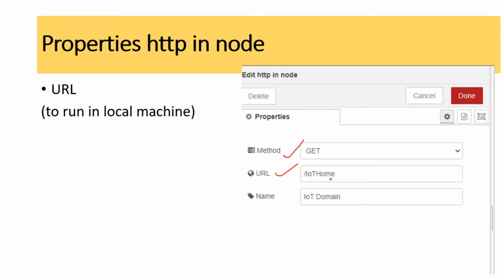This is going to be the local URL that is going to be deployed on our local machine. I have just given /IoT home. Only the URL plays a vital role in this HTTP in node. You are supposed to prefix it with /, followed by any user-defined name, and the name I have given here is IoT domain.